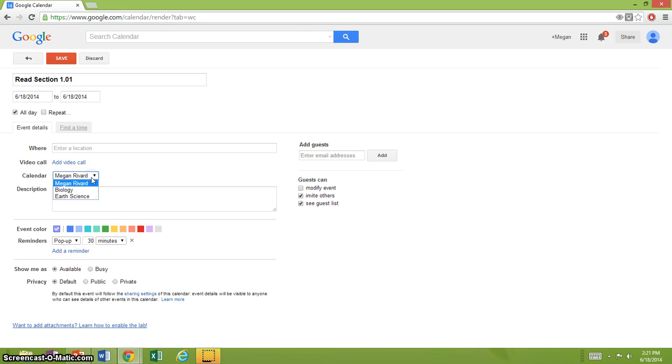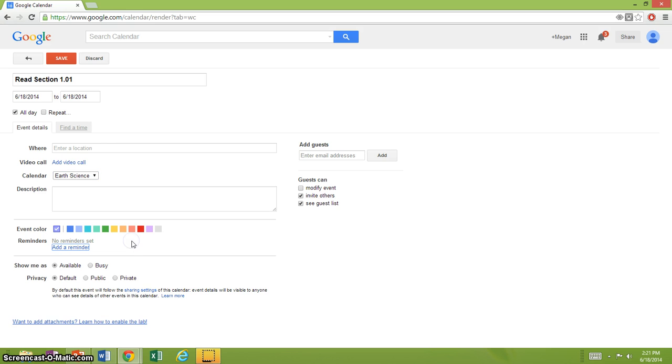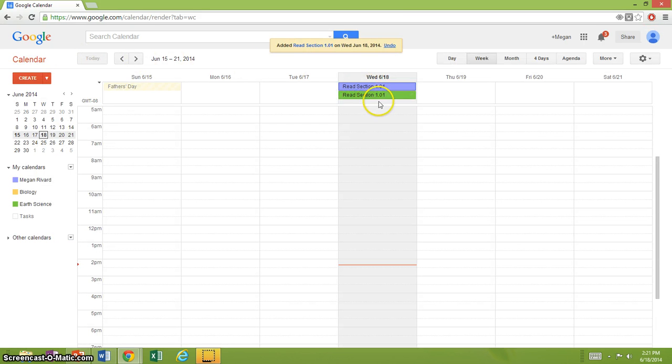Choose the calendar you're adding this to. I said that I wanted my earth science students to read section 1.01. And we do not need a reminder for this particular item, so we can get rid of the reminder. Alright, let's save it. You'll see it show up in green, which is the earth science color,